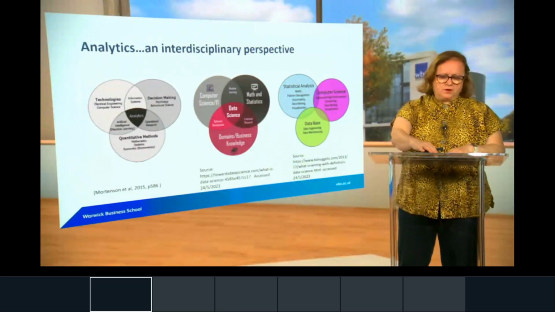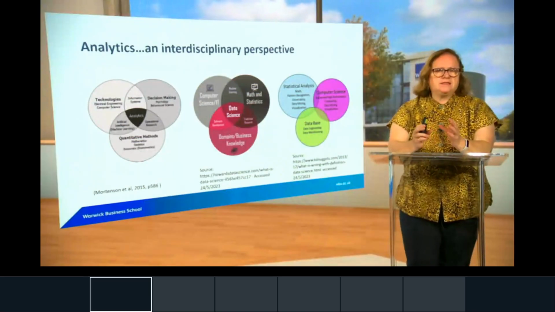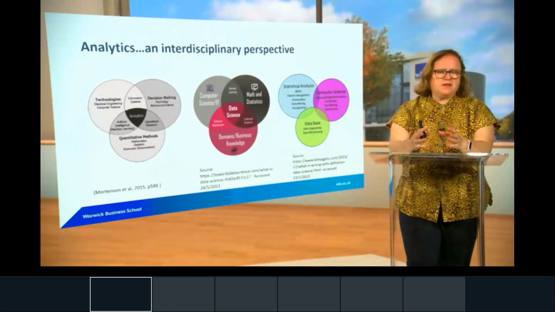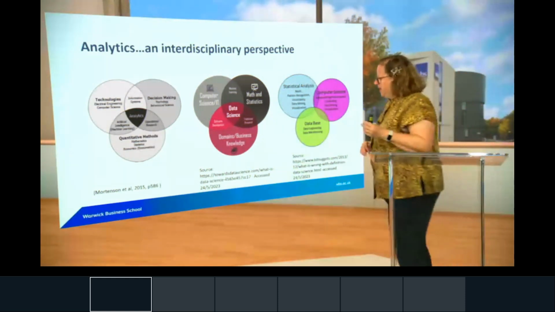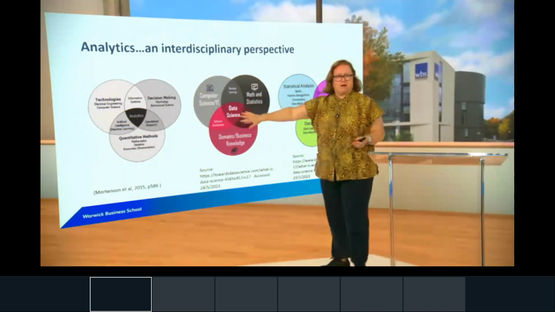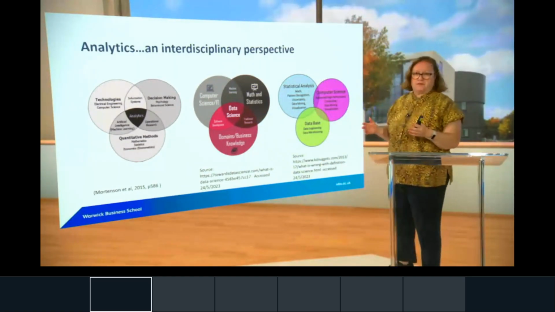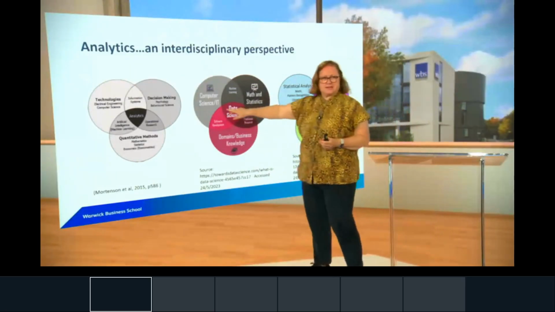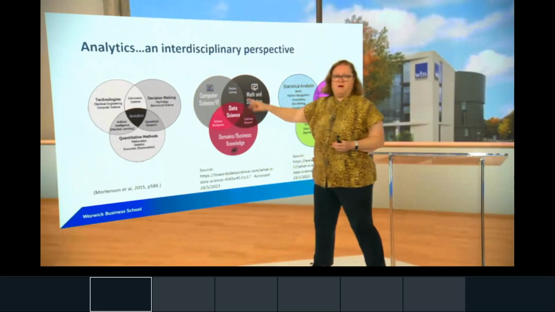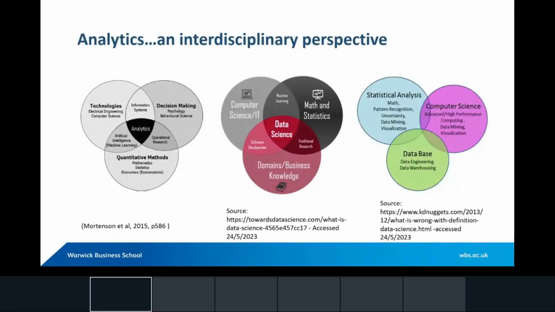Well, if you look at a different perspective on analytics, you can think about the disciplines that come together to form analytics. This one over here on the right is from our own Michael. He wrote a paper back in 2015 that looked at the field of analytics and asked, how is it made up? You can see that he's got analytics here being the intersection of a number of disciplines, including this one here, operational research, which is the field that I was trained in.